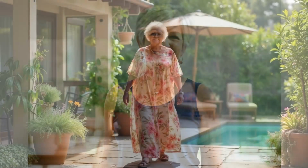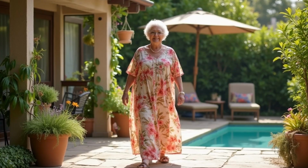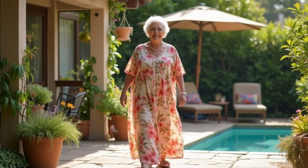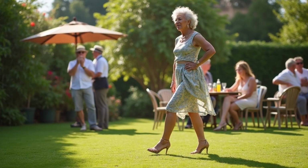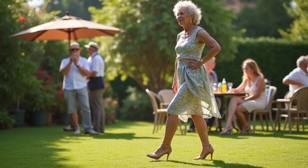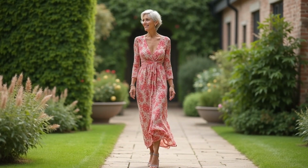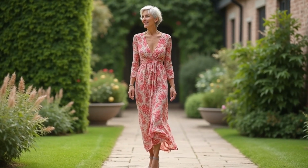Summer is a wonderful season of sunshine and vibrant energy, and our wardrobes should reflect that joy and ease. However, navigating summer fashion can sometimes be tricky. Today, we're diving into a very helpful topic: 7 summer outfit mistakes women over 60 are making, and more importantly, how to fix them for a season of effortless elegance. This isn't about rigid rules, but about simple, powerful adjustments that can help you feel more comfortable, confident, and chic